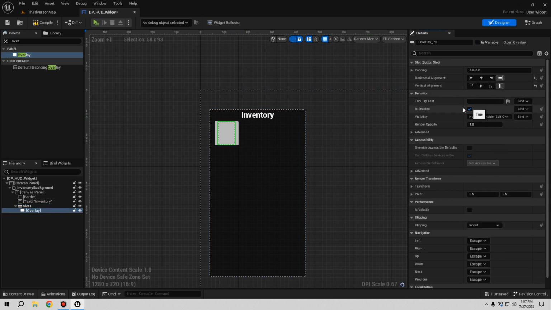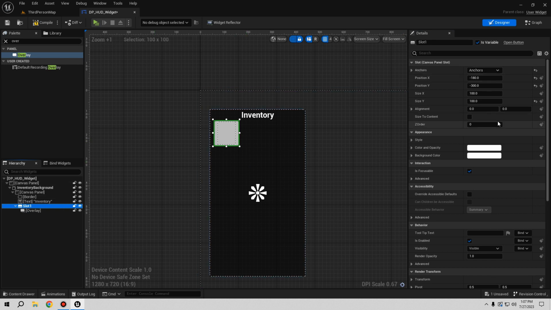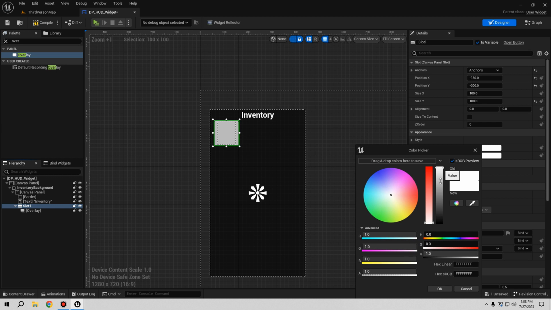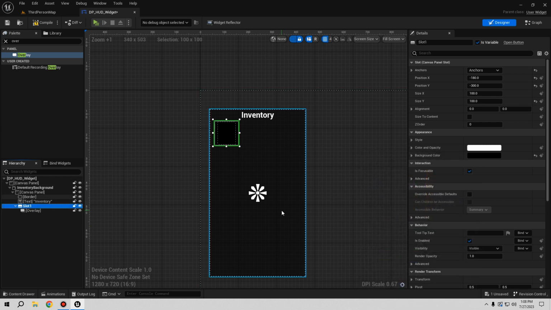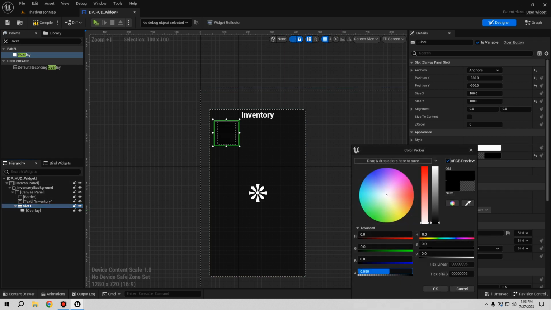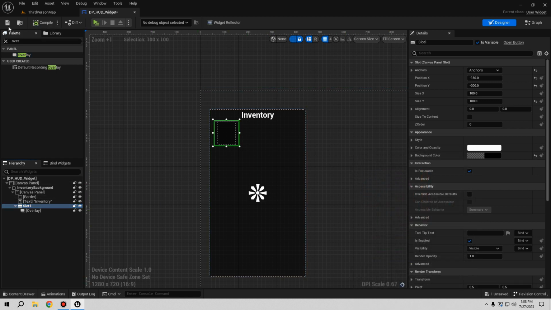So we want to cover almost everything. So the padding, let's put 0, so we don't need any padding at all. We can put everything inside this button really. So in this slot for now, let's change the color to the background color. I want it to be all black again. And maybe we also want it to have something to look through when hovered. I don't know, let's put like 0.5. We can always go back to this if we want. Okay, so let's compile and save,